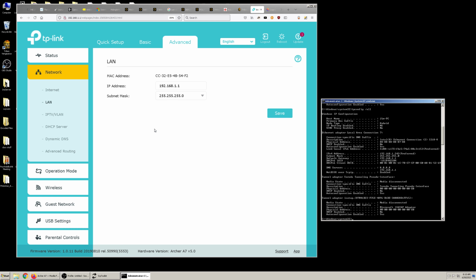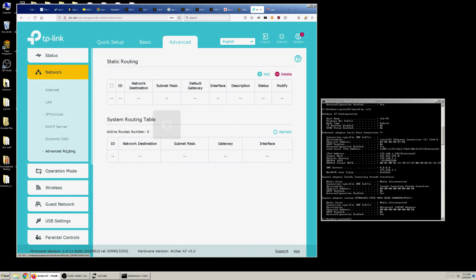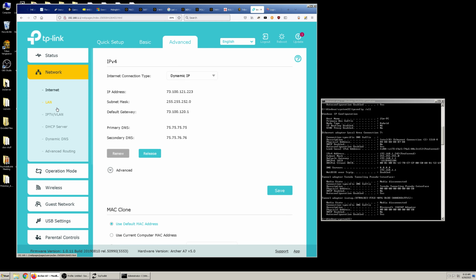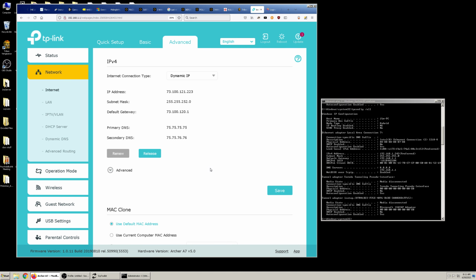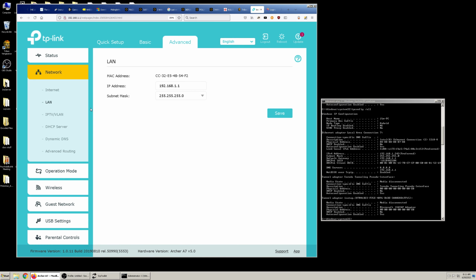So now what we want to do is, let's see, there's two ways to do this. See if I can find it. There's a DMZ host, which is sort of the easier way to do it. You only have to put in one address. And then there's the port forwarding way to do it, which takes a little bit more setup, but not even that much really. So let's see if we can find